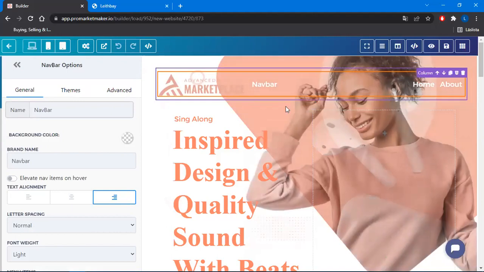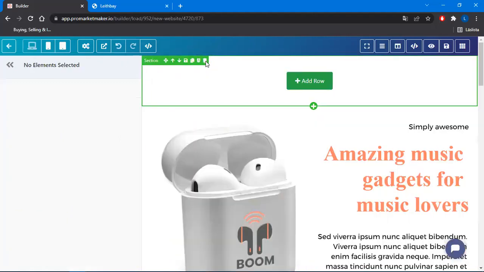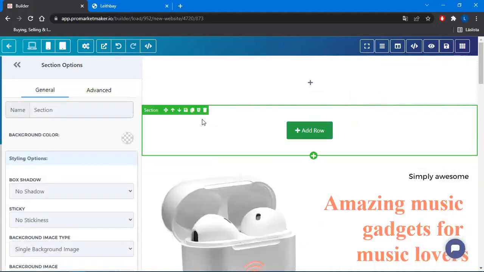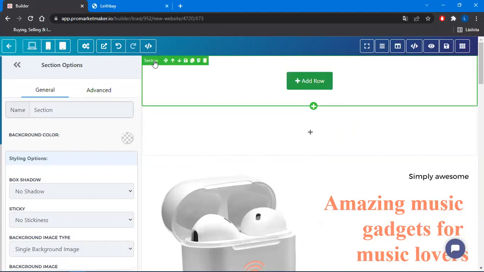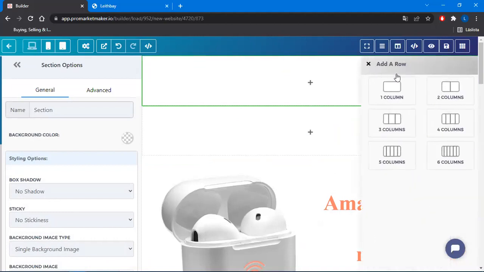Now, if I were to do this from scratch, I will delete it now and show you how it's done. So let's remove the whole section. It's all gone, right? I want to add a new section like that. So now we have 2 of them. This one was from before, and this is the new one. Now, inside that one, like I showed you before, we need to add a row first. And that one will have columns inside it. So in this case, we can actually